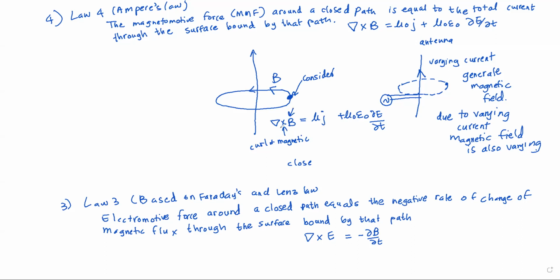So if there's a curl of magnetic field present somewhere, it should also be creating a varying electric field, right? I hope that is okay with you. So this creates a varying electric field around this point, right? And the direction of that we can actually find using our right hand rule, right? So for the equation to exist,